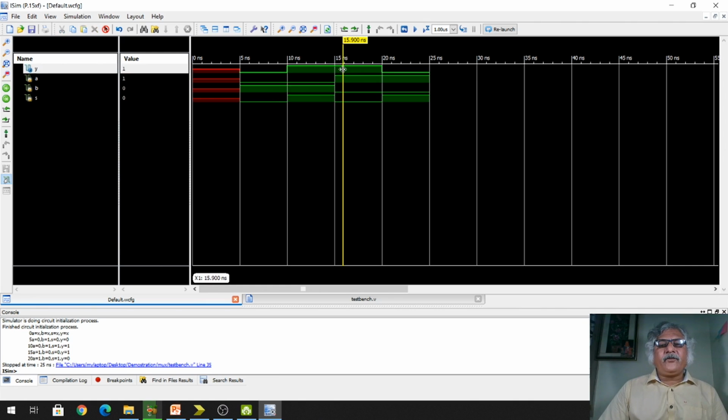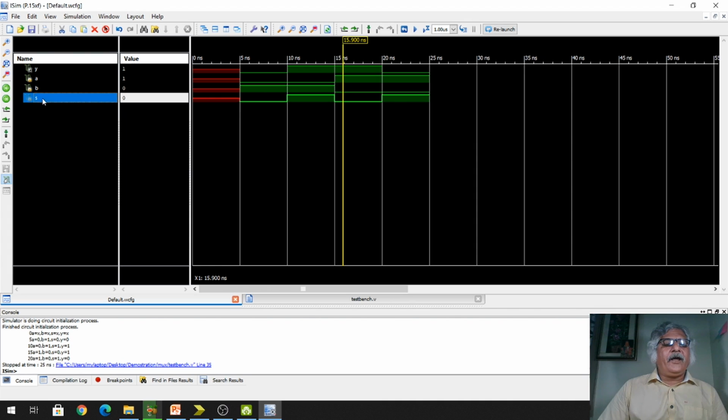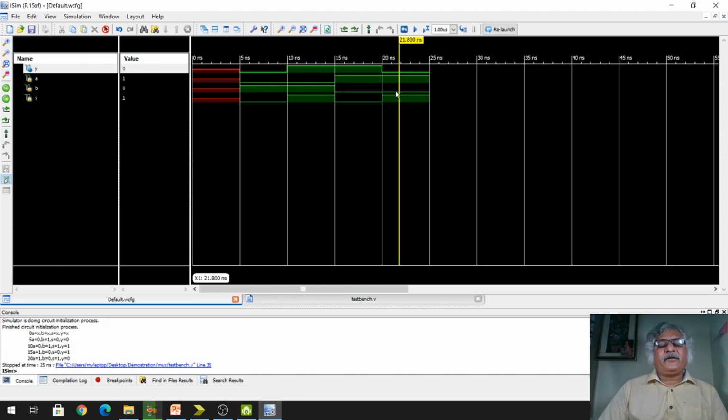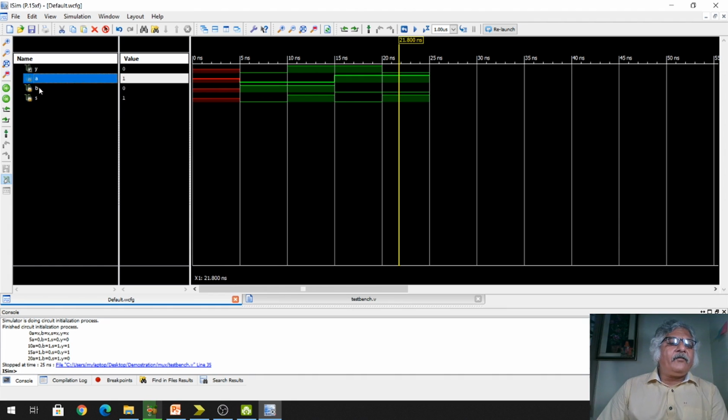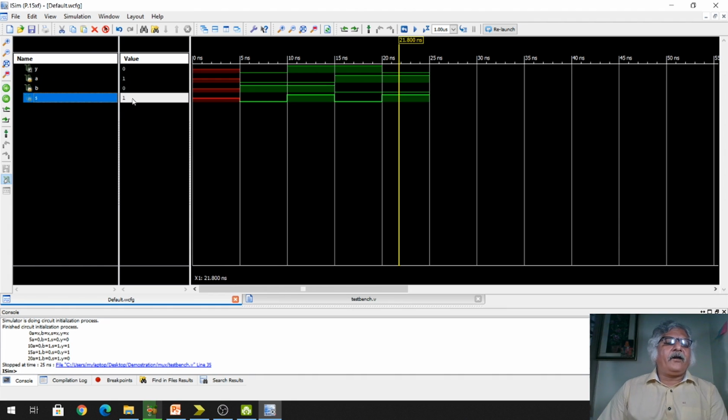Now at 15 nanosecond, you see here, what is the value of A? A is 1, B is 0 and S is 0. So if S is 0, then the content of A will be transferred to the output. A is 1, that's why you are getting output 1. Okay, here we check. Now A is 1, B is 0, S is 1. Since S is 1, the value of B will be transferred to the output.